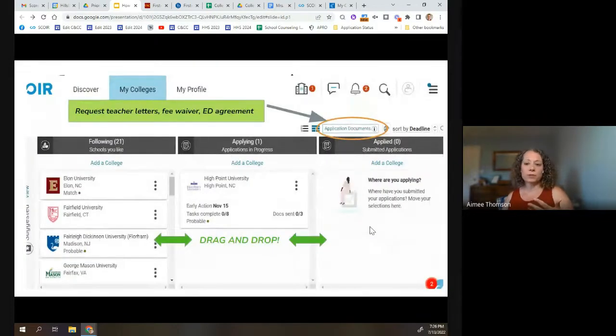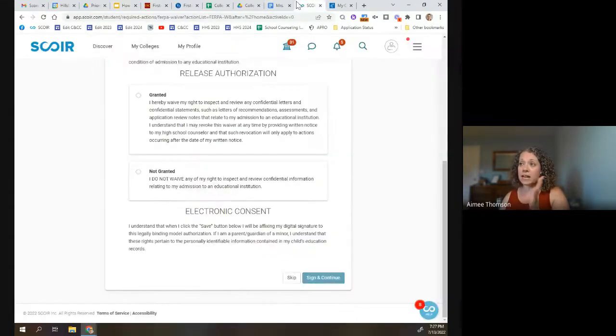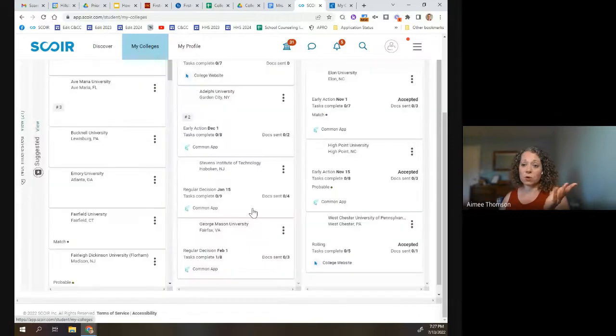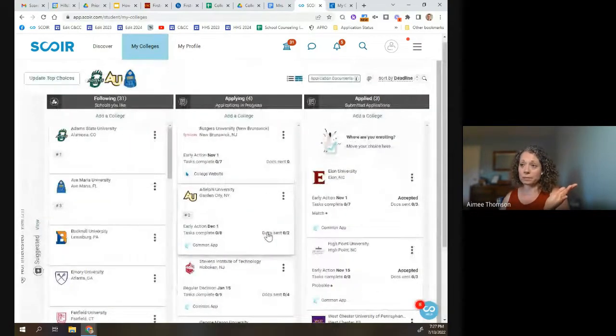All right, and then we talked about adding those colleges. Your timeline for doing that, students, is that now is a great time. If you already have a core list of schools you're planning to apply to, go ahead and put them on there. I would err towards early action deadlines if that's what you're hoping to do. For some of those schools, you can always change it and move those deadlines back later if that's what you want. As a reminder, this My Colleges screen is really the bulk of where you're going to be working for this year. You're going to be dragging schools back and forth.